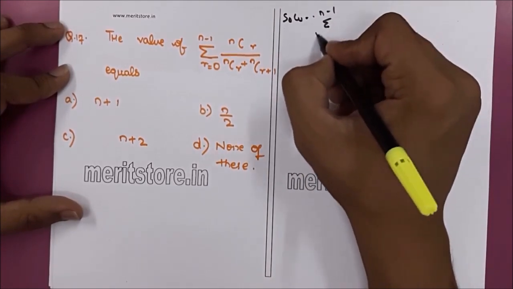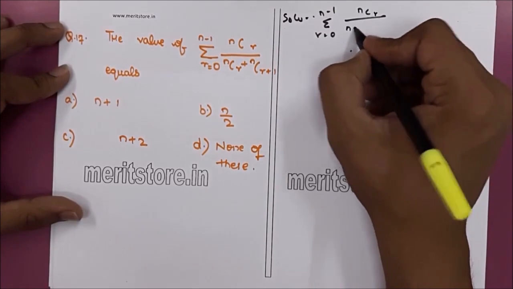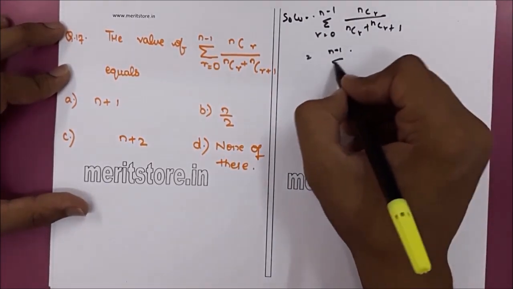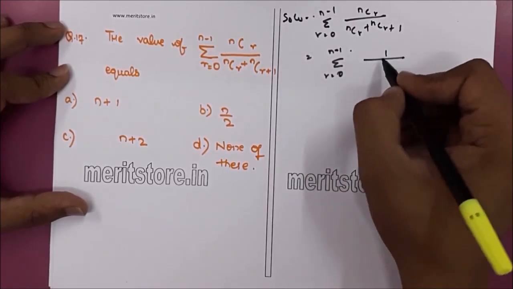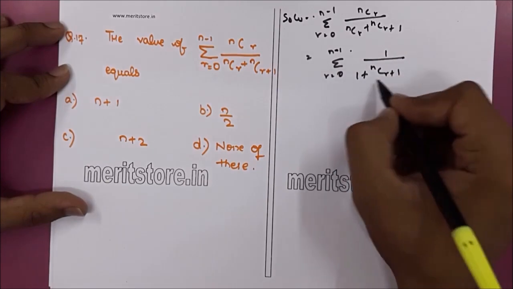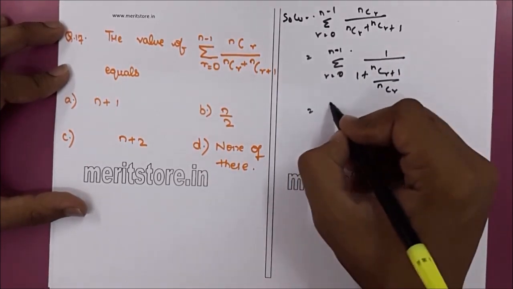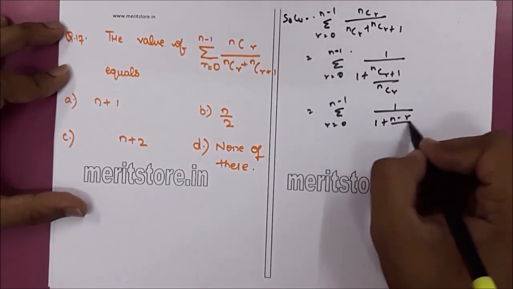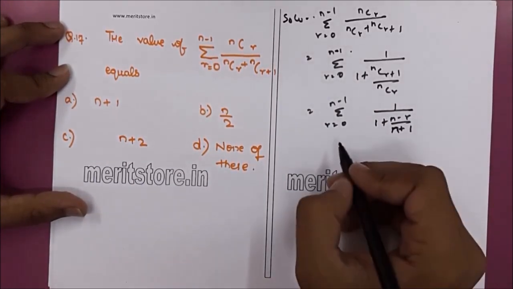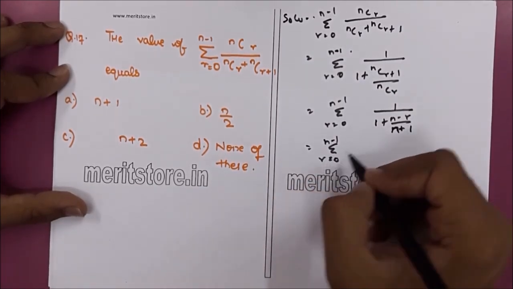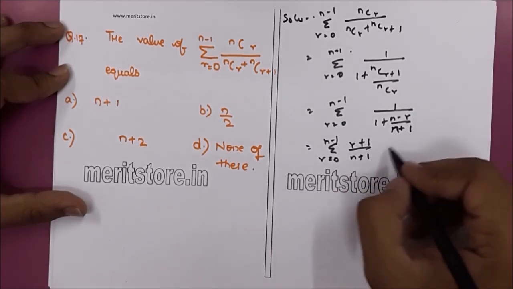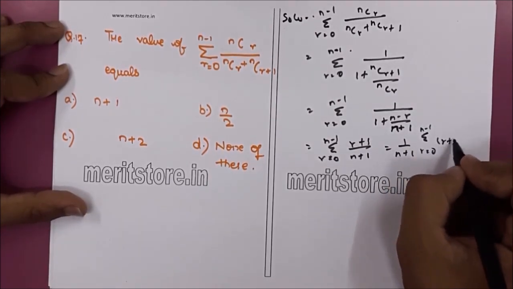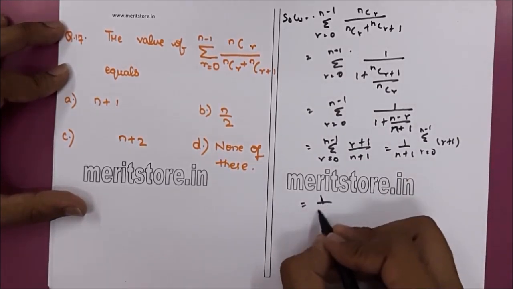summation r equals 0 to n minus 1 of nCr upon nCr plus nCr plus 1, that is equal to summation r equals 0 to n minus 1 of 1 upon 1 plus nCr plus 1 upon nCr, that is equal to summation r equals 0 to n minus 1 of 1 upon 1 plus n minus r upon r plus 1, is equal to summation r equals 0 to n minus 1 of r plus 1 upon n plus 1, is equal to 1 upon n plus 1 summation of r plus 1, is equal to 1 upon n plus 1